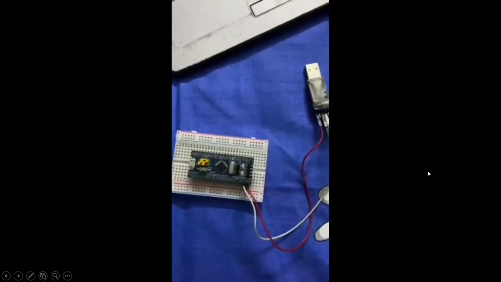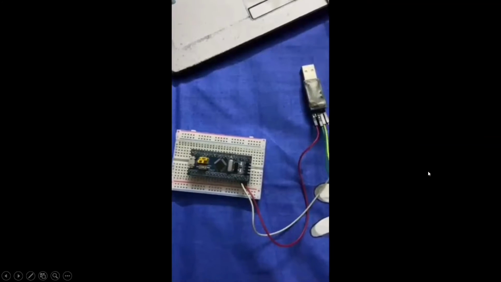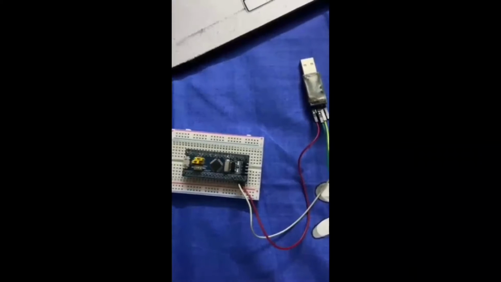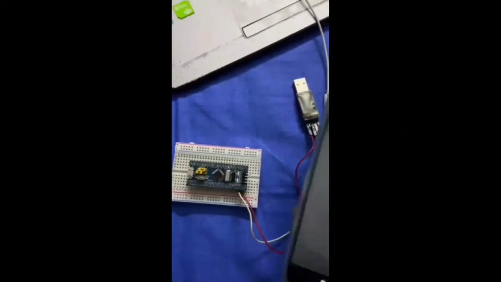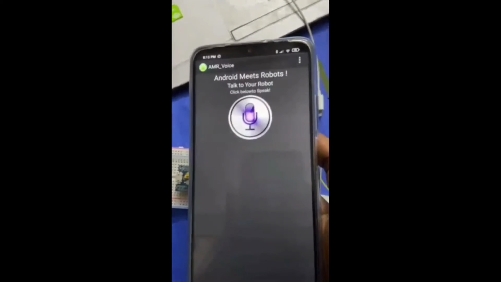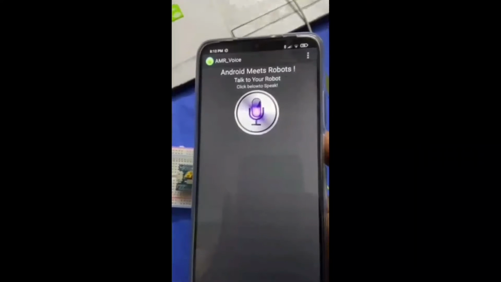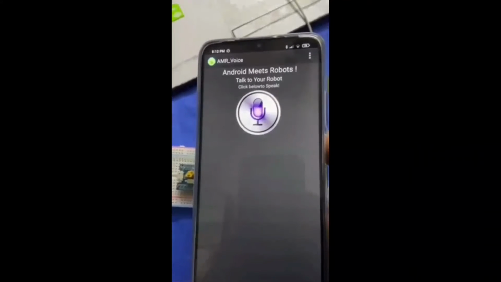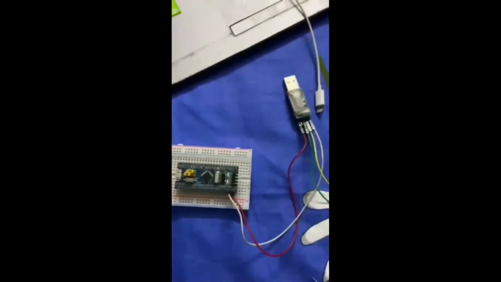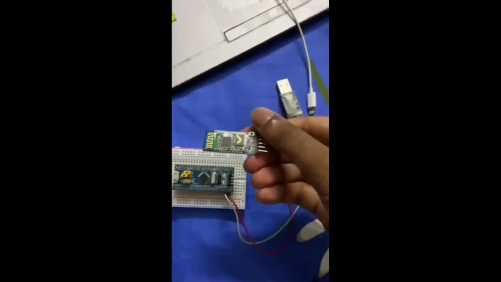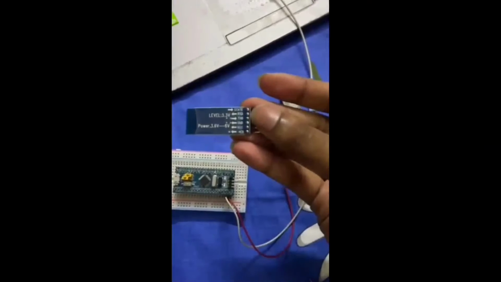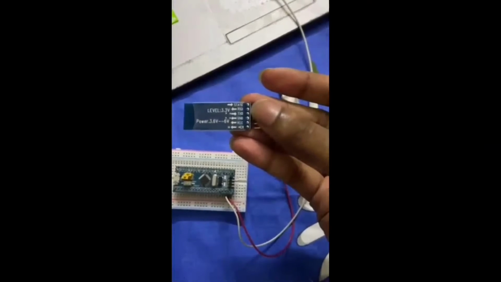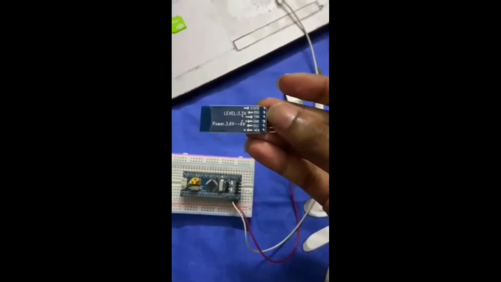Our project is speech to Braille generation for people with auditory and visual impairment. At first, for the input interface, we have used the Android Robot Voice app. This app directly converts speech to text and sends it to a microprocessor through a Bluetooth connection. For Bluetooth communication, we have used an HC05 Bluetooth module, which needs to be powered by VCC and GND pins. Its RX and TX pins are connected to the processor's TX and RX pins respectively.